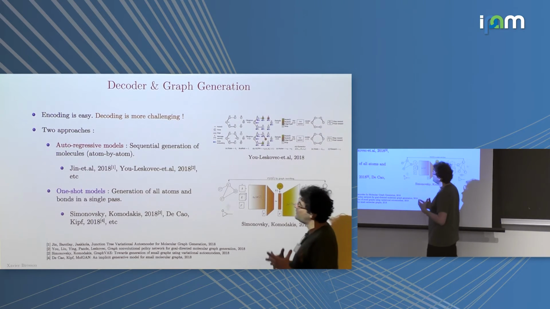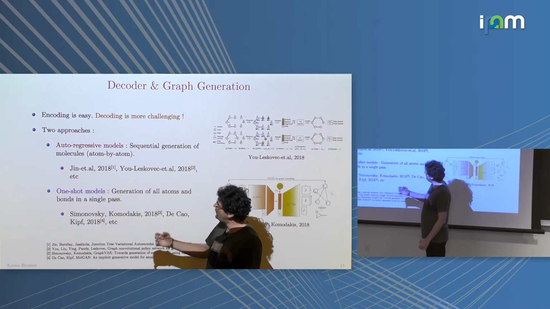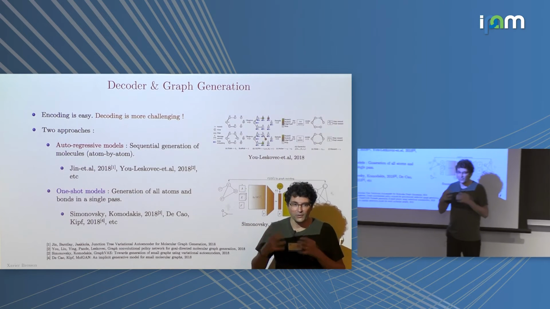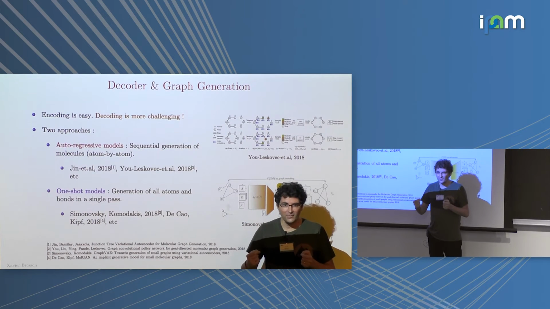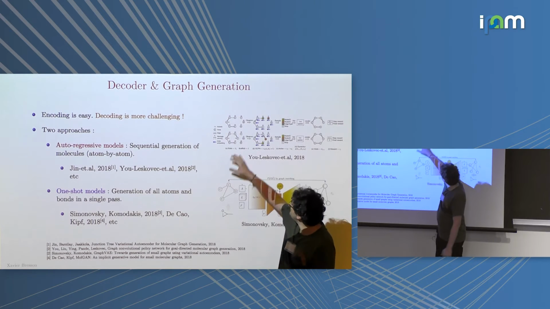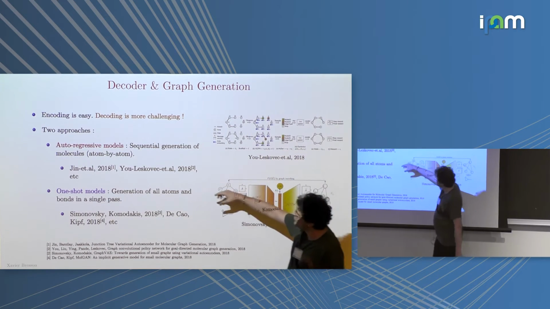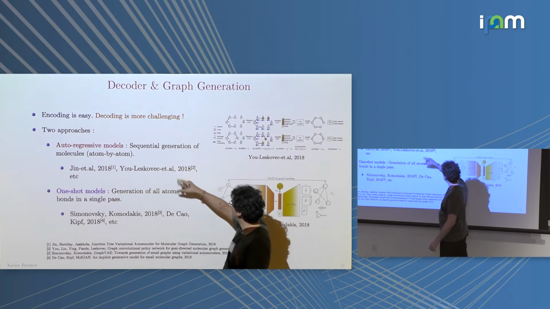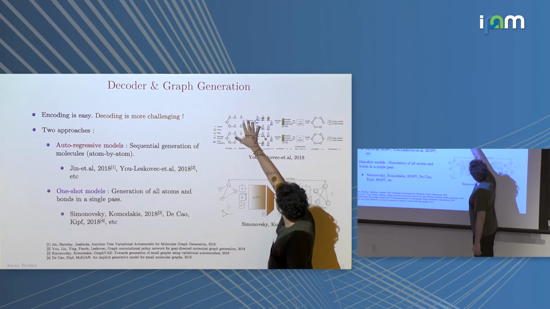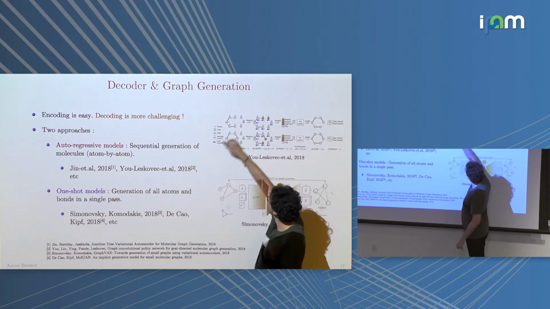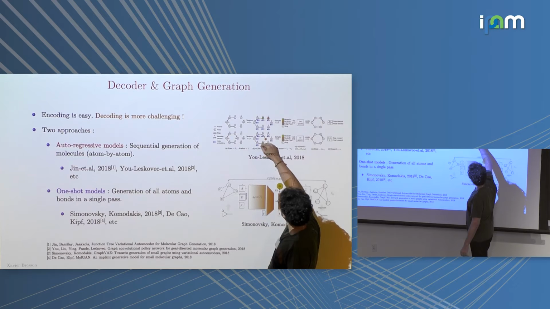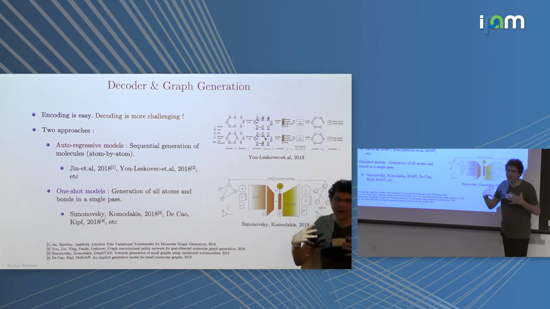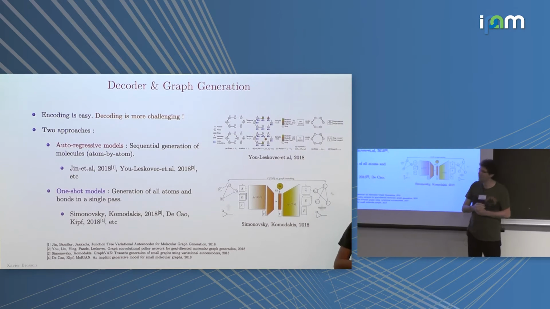Today, there are two kinds of approaches to do that. The first one is autoregressive models. The idea is to reconstruct the molecule atom by atom and bond by bond. For example, here is an illustration. There are two important papers, by You and co-authors, and Leskovec and co-authors. You are at this level of reconstruction. You need to decide what the next atom is. For example, the next atom is a carbon, and you also need to decide what the bond type between this atom will be, and you keep going.